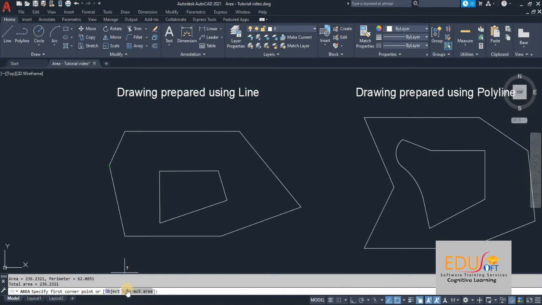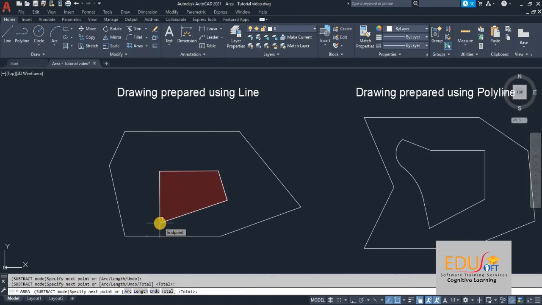Now we have to show the area which has to be removed from the calculated total area. For that, I am selecting Subtract area in the sub option inside the command box. Now you can select the corners of the small shape. This will be highlighted in off-red color.